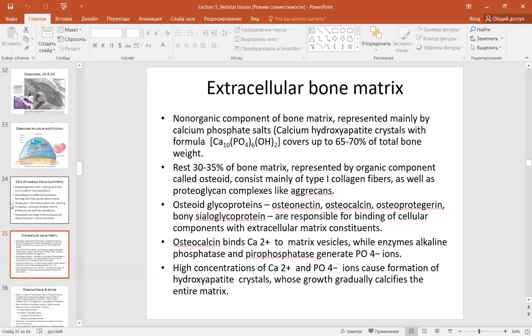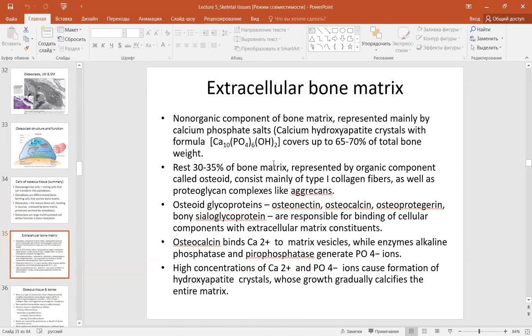Extracellular bone matrix of the tissue. The non-organic component of bone matrix is represented mainly by calcium phosphate salts, namely calcium hydroxyapatite crystals with the formula Ca10(PO4)6(OH)2, and covers up to 65-70% of total bone weight. The rest, 30-35%